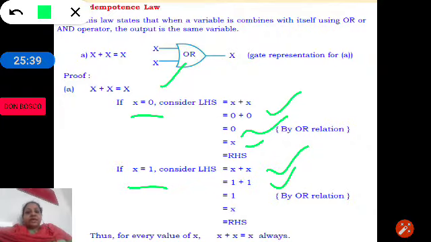As we know from the basic laws of Boolean theorems, the OR says that if even one input is 1, the output is always 1. So, the output is 1. For any value of x, x can be 0 or 1, 0 plus 0 is 0, 1 plus 1 is 1. So, we can say that x plus x is equal to x.